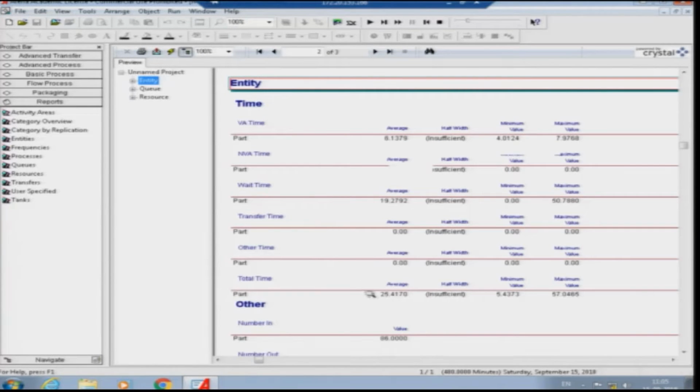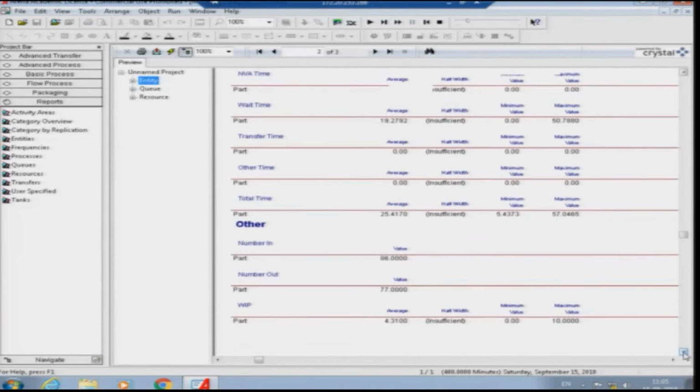And the total time the part was spending in the system is 25.41 minutes, the minimum value is 5.43 minutes and maximum value is 57 minutes. Okay. And you can see that 86 parts actually came into the system, of which 77 were completed. So, number in was 86 and number out was 77.